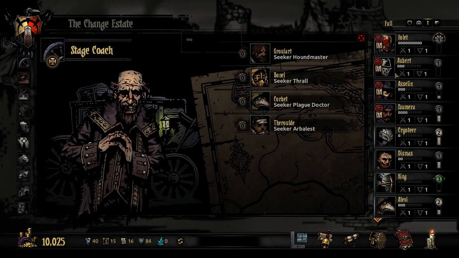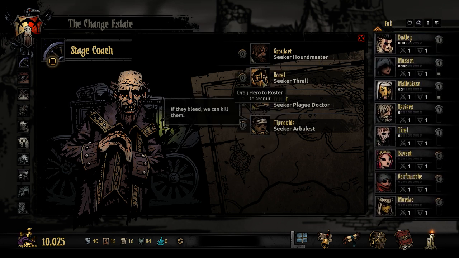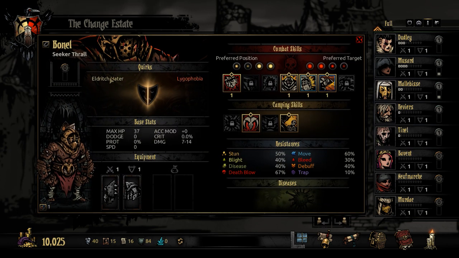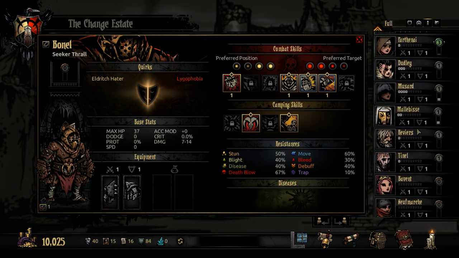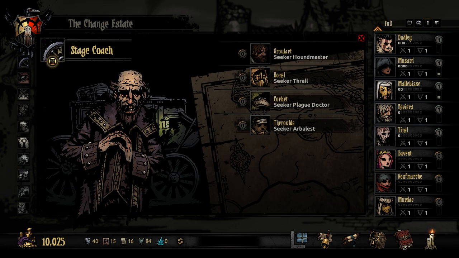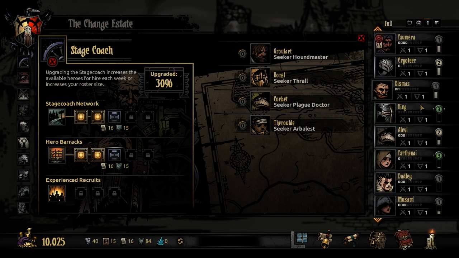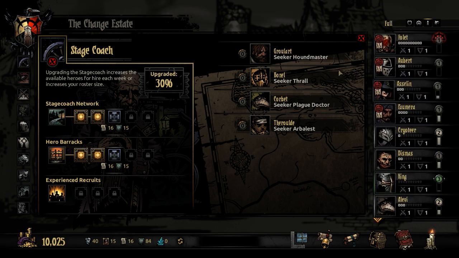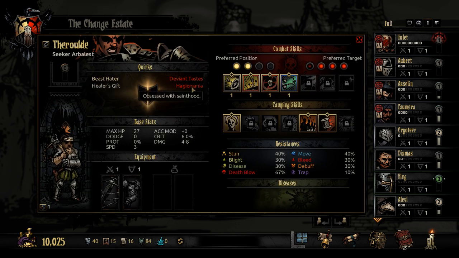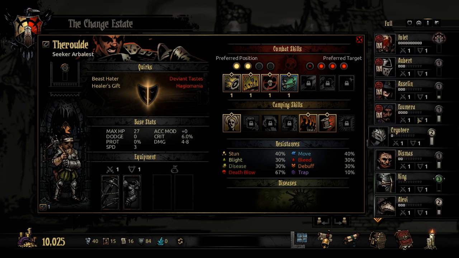Let us check Stagecoach real quick. Do we have a Houndmaster? We do. And this is a Thrall, part of the Marvin Seo's class mods. Don't really have the space for him though, unless of course I upgrade the roster, which I could do. But I would really like to have a Jester. That would be preferable. Arbalist, yeah, that's good. Or Musketeer, same thing, as far as I understand it, so...